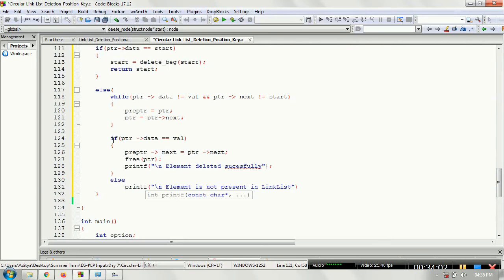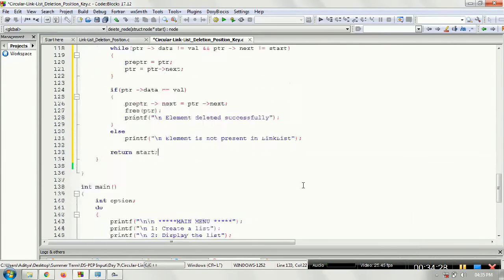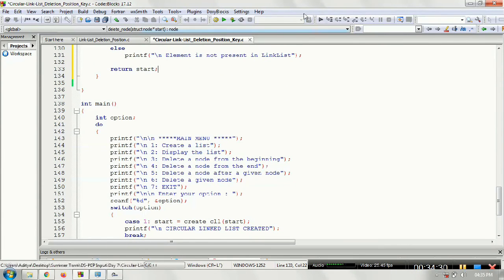So that is the second case. Okay, and then at last we will return the start. We'll try to execute this code now.